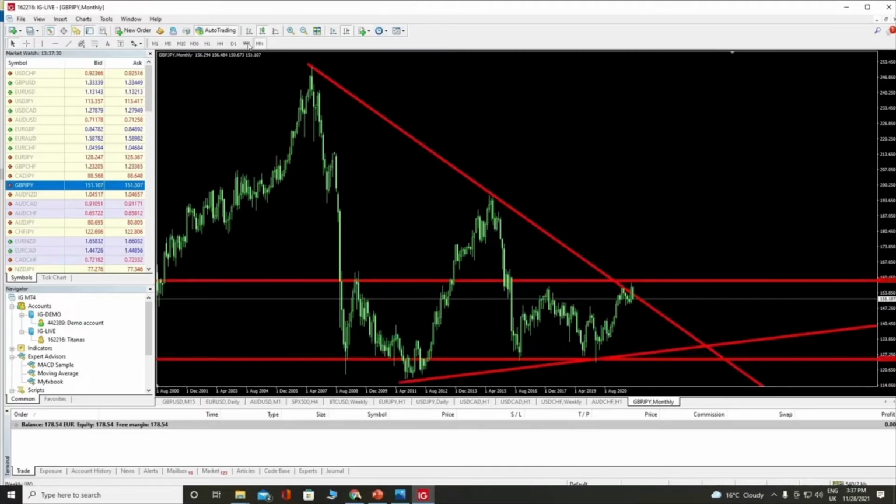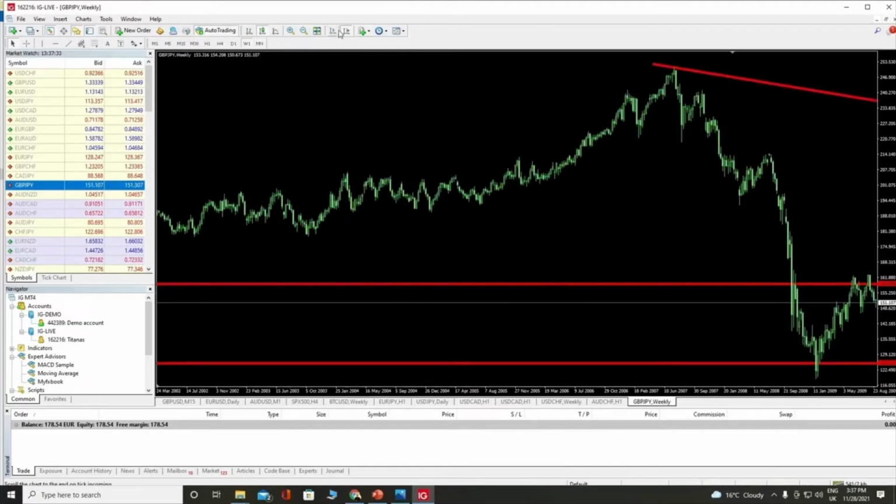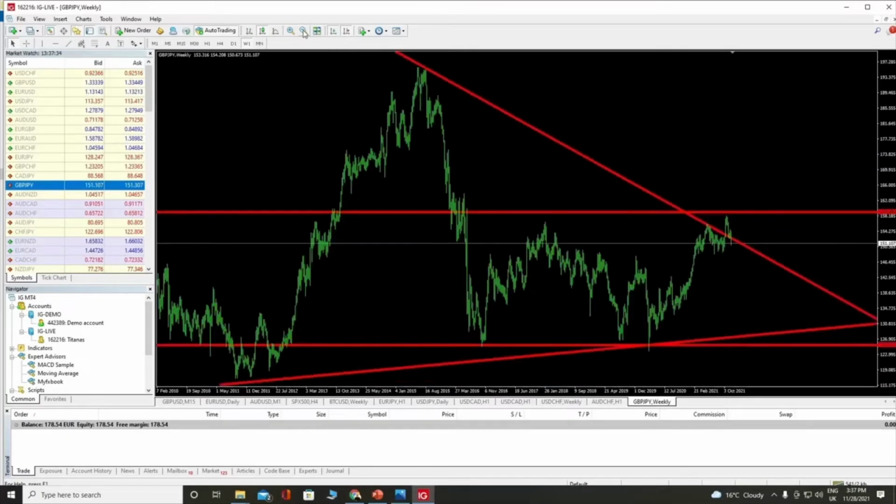Let's zoom in. Let's go to the weekly chart. Let's see if we can get something there. Not really. The weekly starts to look like the monthly. It is not helping me to determine a trade.